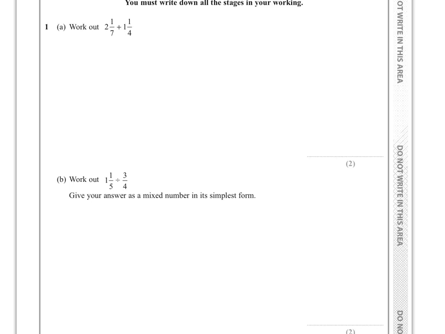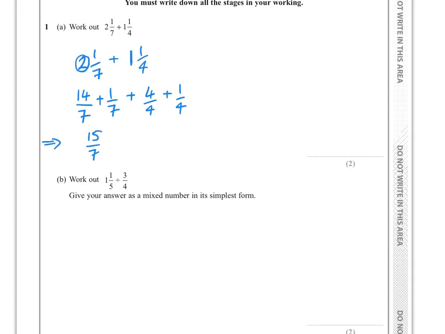Question 1. We have 2 and 1/7 and 1 and a quarter. Well, here we have 14/7 in 2 whole ones and the other 1/7. And then we have this one here, which is 4 quarters plus another quarter. So that gives us